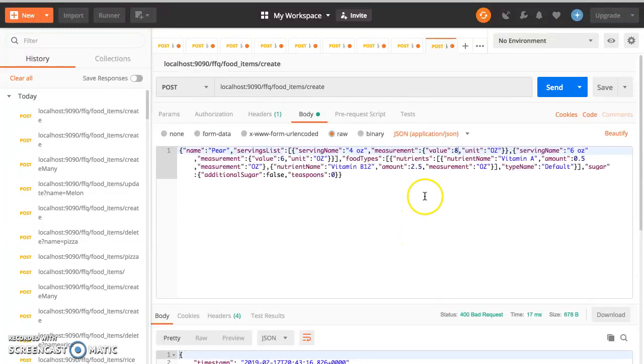This is the same with the unit. The unit also needs to match, and for the nutrients, it needs to match the way that